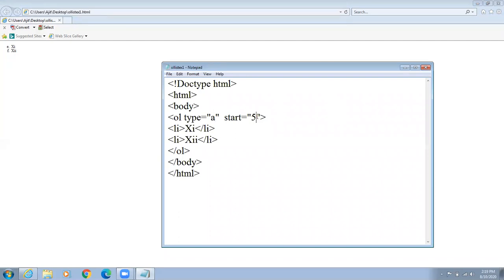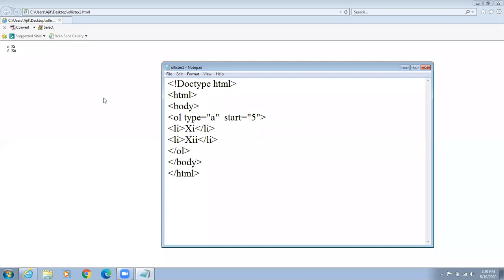Start from 5 means what? A is 1, B is 2, C is 3, D is 4, and E is 5, like that. So your list of items starts from 5. Got it? So in this way, you can run your program.